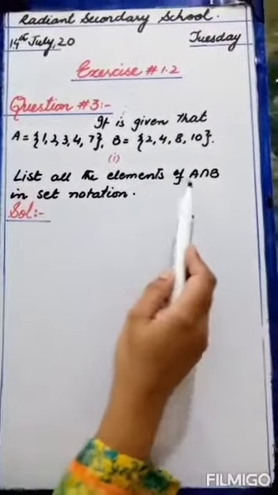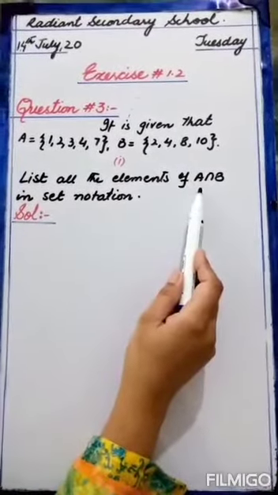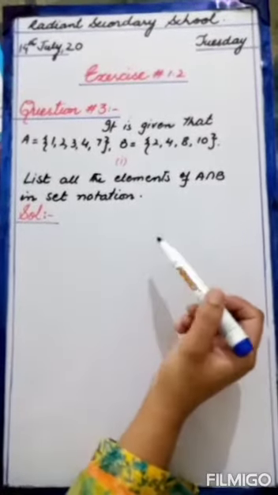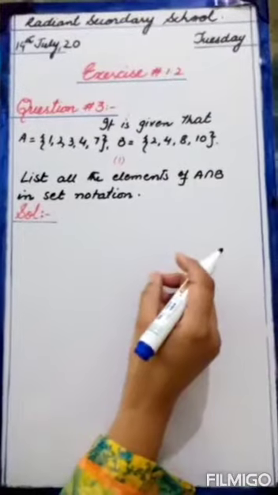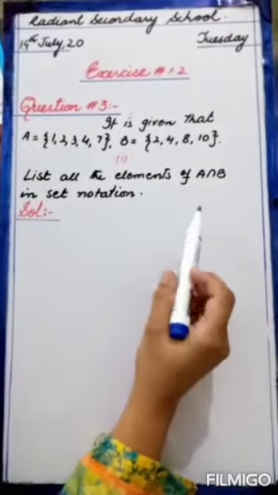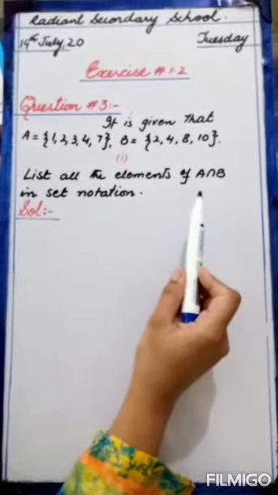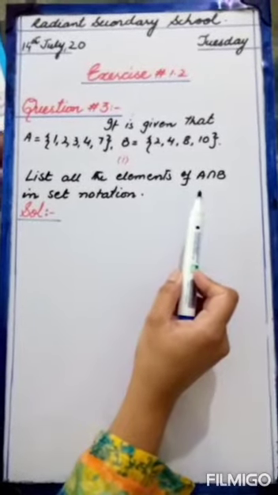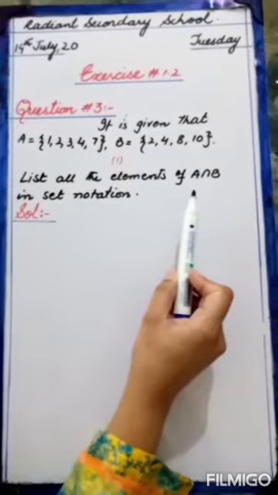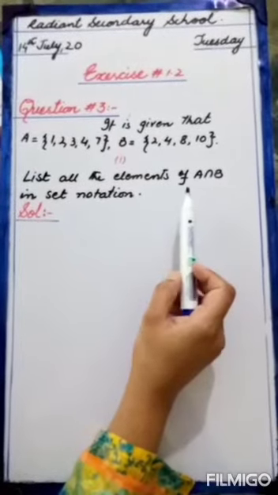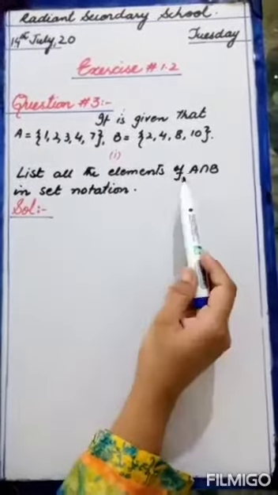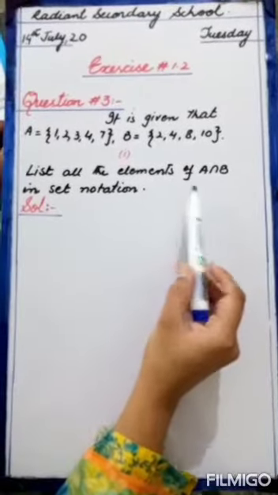Just in that question we took the union of the two sets and now we have to take the intersection. Okay students, first tell me, what is the union? Yes, good. Union means to combine all the elements. And what is the intersection? To take the common elements only. Clear? Okay, now we will start part number 1 of this question. We have to find A intersection B.